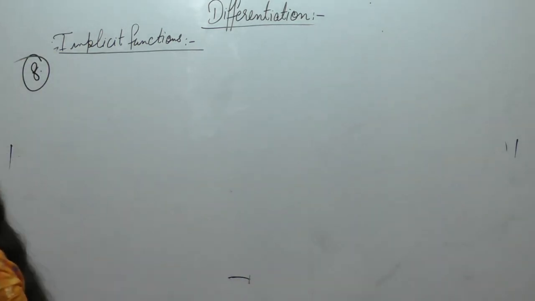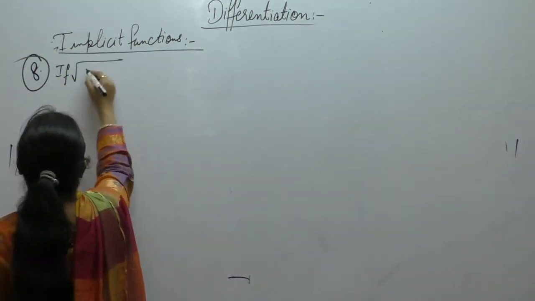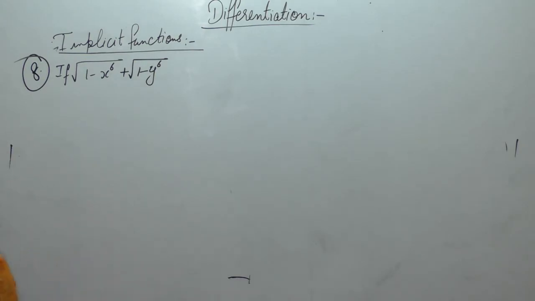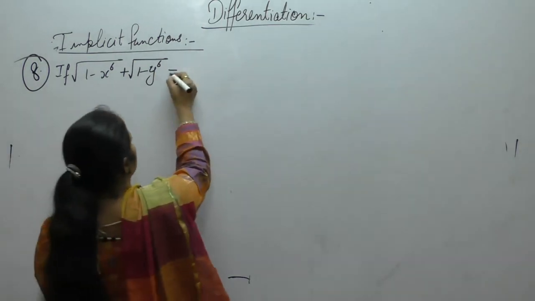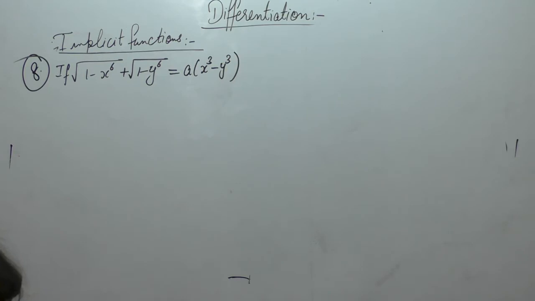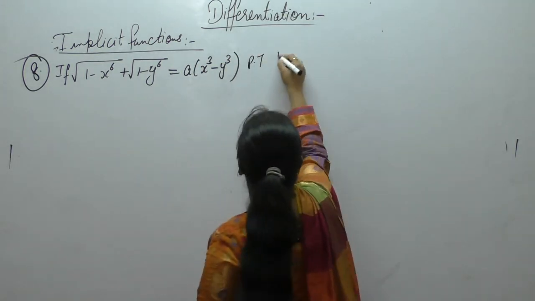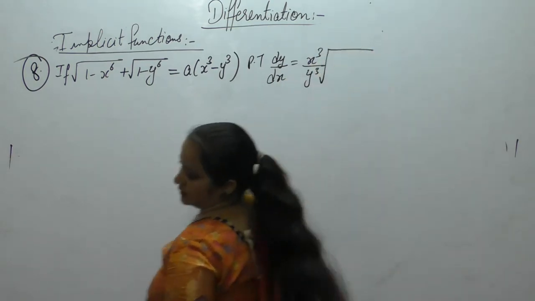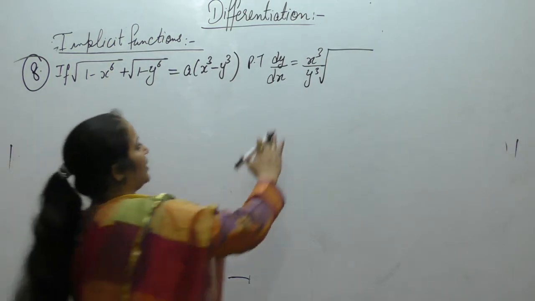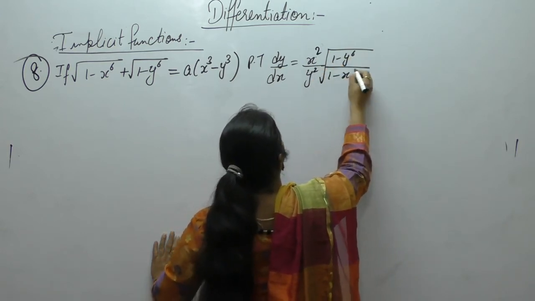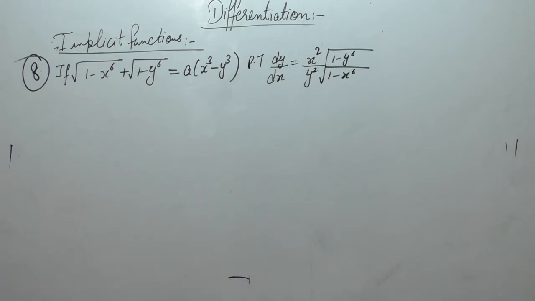Now the next one. If square root of (1 minus x power 6) plus square root of (1 minus y power 6) is equals to a into (x cube minus y cube), prove that dy upon dx is equals to x square upon y square into square root of (1 minus y power 6 upon 1 minus x power 6), where